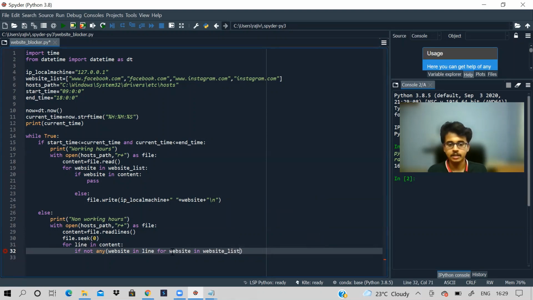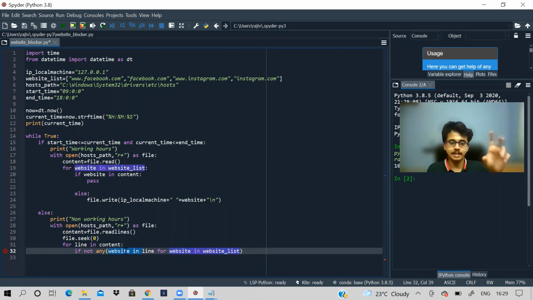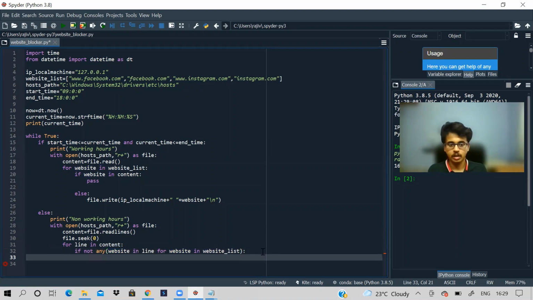It means that if there is no such website from the website list in the line I'm currently at, I'm going to write to the file. So file.write, what is it going to be? Line, right? This is what I want to do.